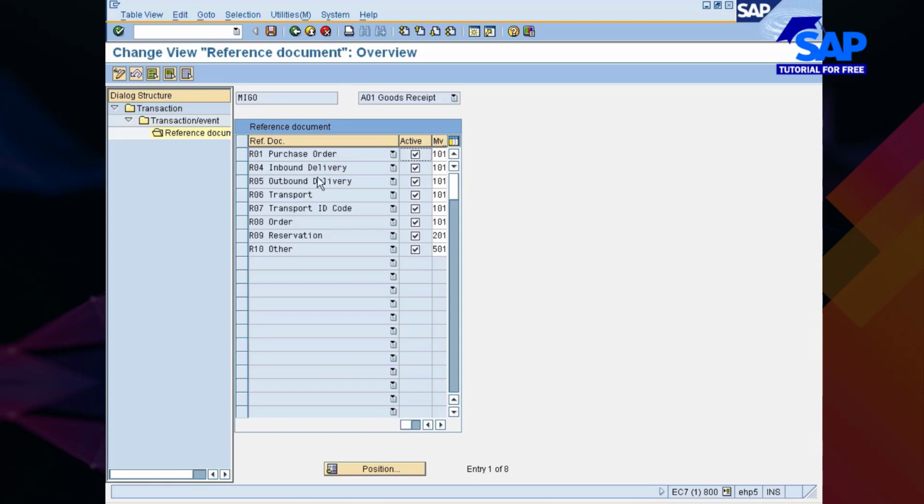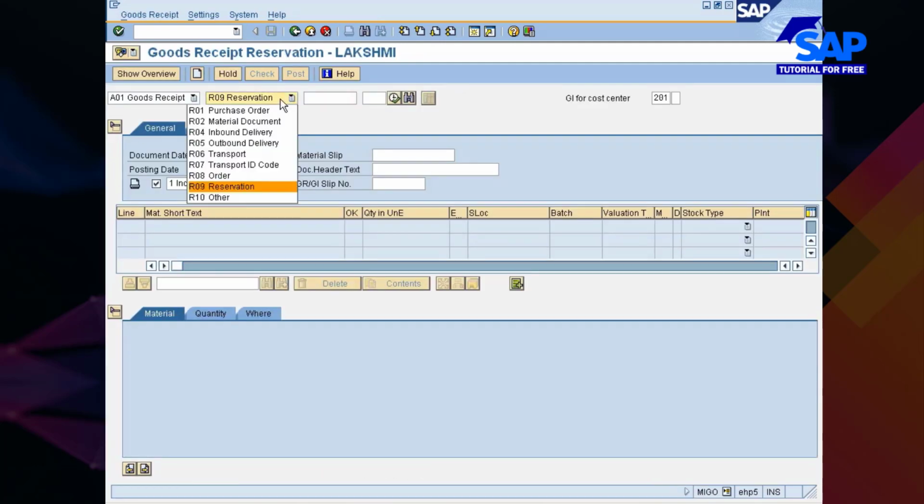Okay, so here, for example, I don't want to do goods receipt with reference to this order, with reference to transport ID code, with reference to transport, with reference to outbound delivery. I don't want these things to be performed in the MIGO transaction. Save it. Now you come back here. Right now you see there are so many things. Now I am refreshing my MIGO screen.